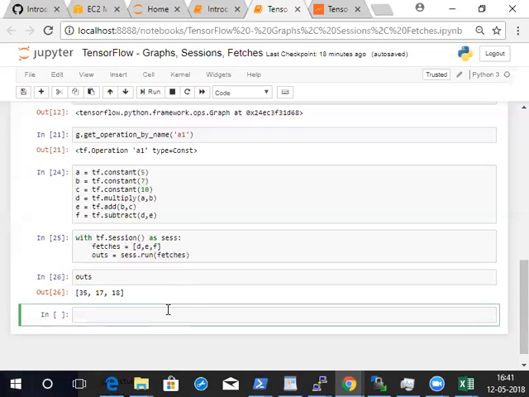Not only that, you can actually create a tensor from NumPy. For example, if you have NumPy data, import